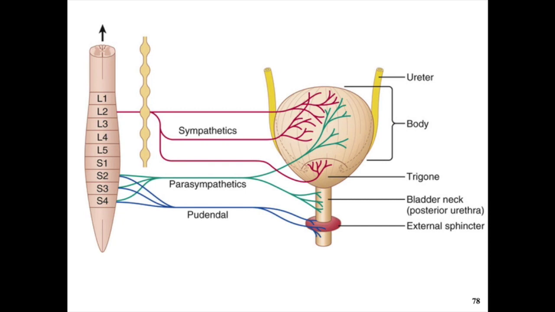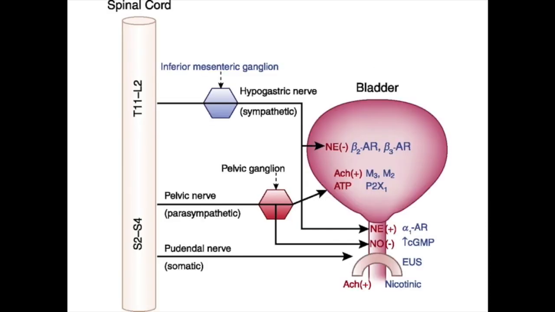And we have somatic innervation of the external sphincter, which is the pudendal nerve. I wanted to just show you that, again, it's important to understand that, yes, we depend on those direct connections, but the norepinephrine that exists in circulation, for example, will stimulate the beta adrenergic receptors that exist in the bladder, and so on and so forth, or the alpha receptors